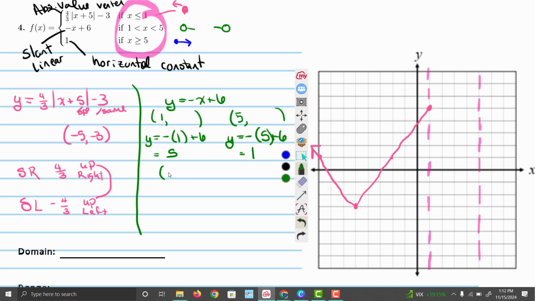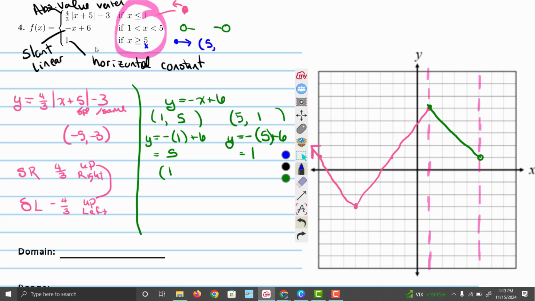And so I have an ordered pair of (1, 5) and (5, 1). And so I plot that. That's over here at this spot. And so it's an open circle, but it really doesn't matter because it's kind of filled in there. Going down here, we have an open circle at that one. Connect those two dots. And the last one we have is that horizontal line where the x value is at